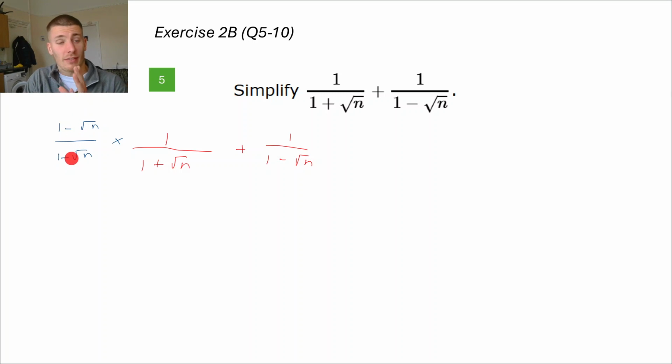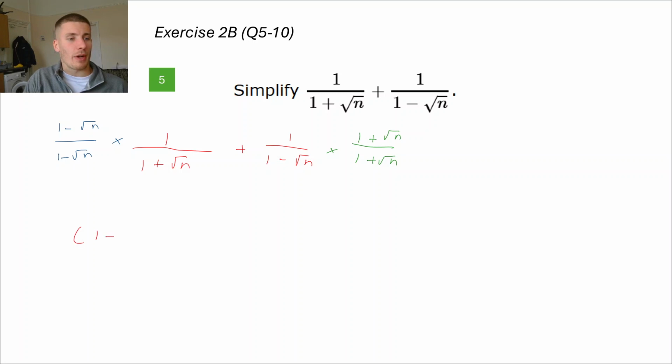And you'll see why I'm going to do this, because if I do something similar with this fraction, 1 over 1 minus root n, and I times it by 1 plus root n over 1 plus root n, the fractions are going to be under the same denominator, which is really useful. And then we're going to get the difference of two squares, and things are going to begin to cancel, which is good. So if I consider this first part over here and simplify it, well, I've got